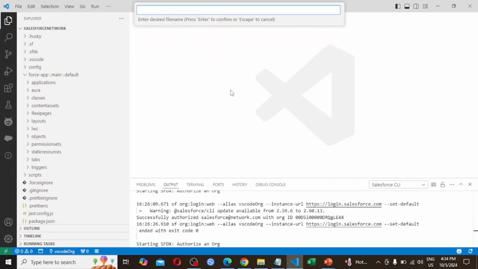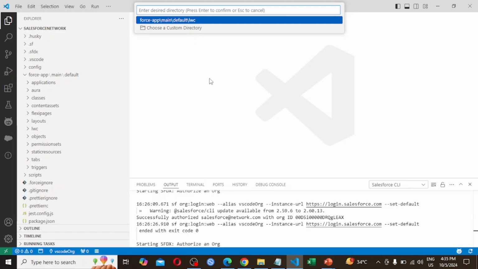Here we have to provide our component name. In this case I am providing my component name lwcJavaScriptFile. So it is in camel case. L is small, then in JavaScript, J is small, S is small, again file, F is small. So this is known as camel case. We have to provide the component name in this format only. So hit the enter button.